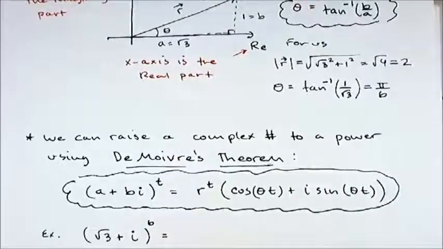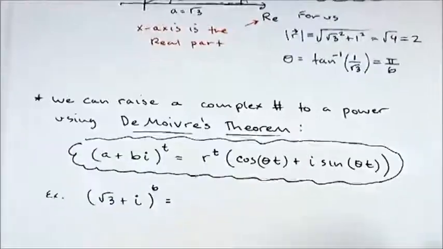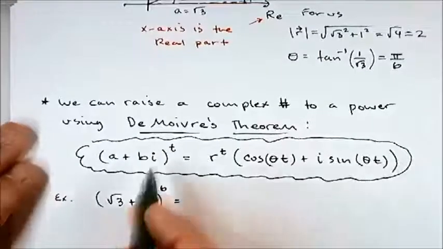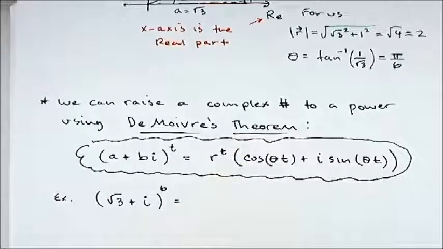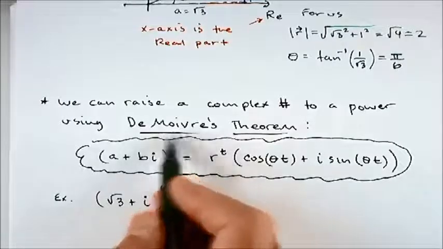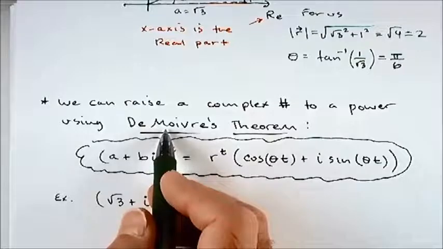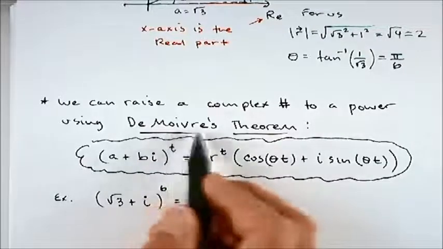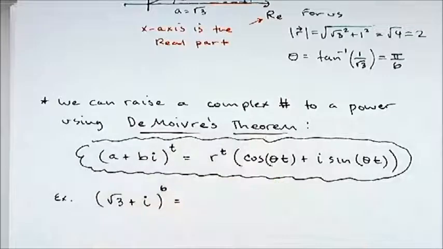And then as you saw, if you watch the notes on the videos, there's a special theorem that we use if you want to raise a complex number to a power. We use, probably French, de Moivre's theorem. I'm not sure exactly how to pronounce it. De Moivre's theorem,